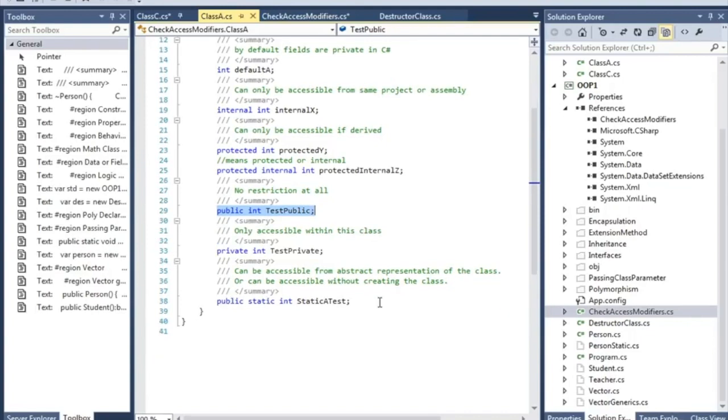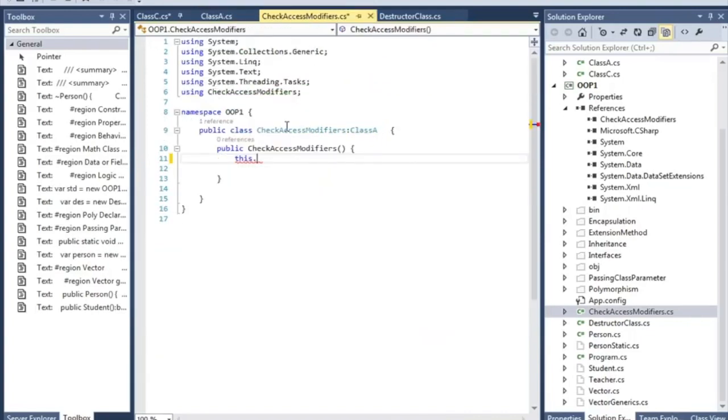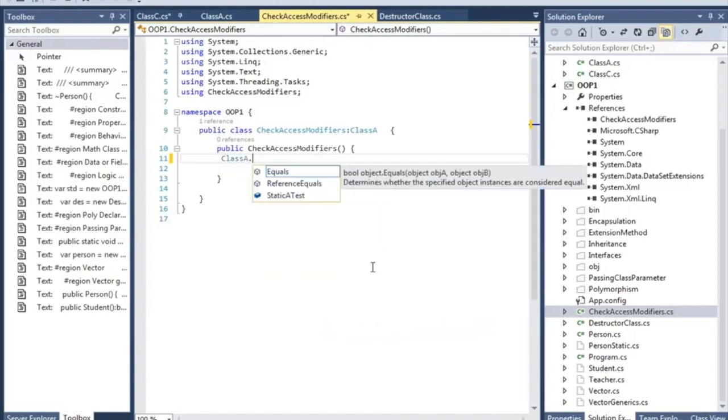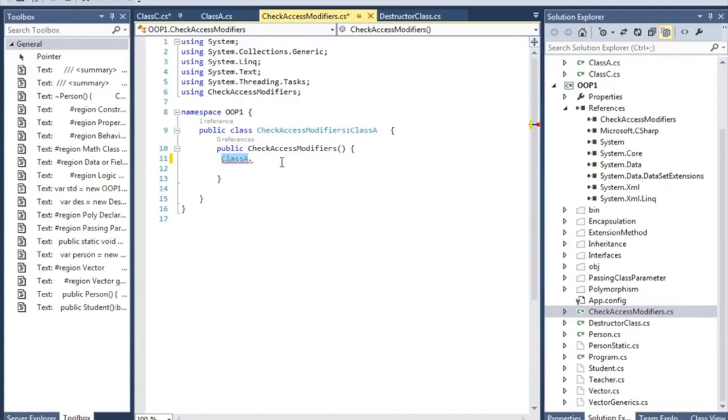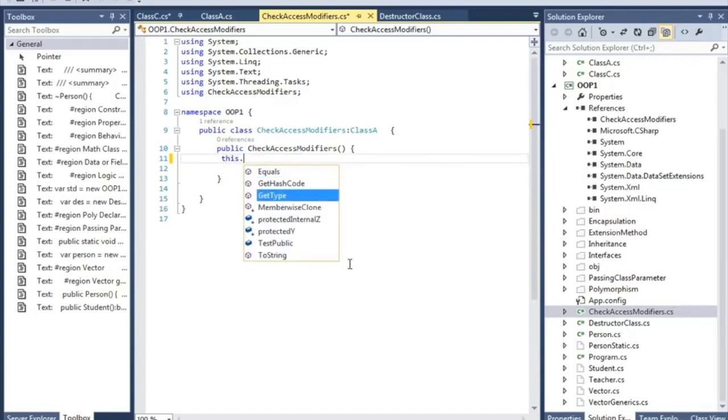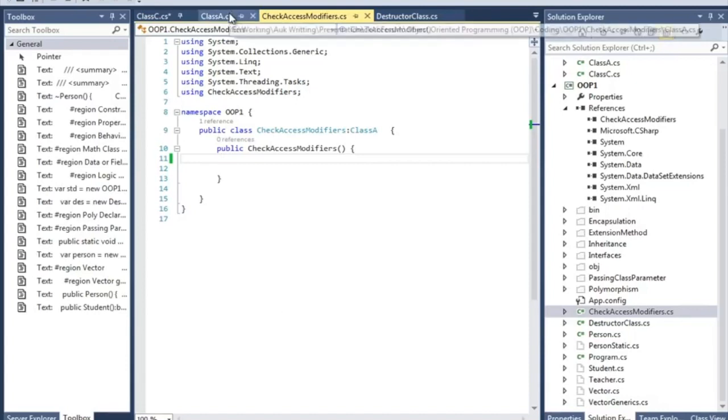So we have static as well. To access a static member of a static class, you just say the class name and then dot, and get the static member. You cannot get it through an instance. After inheriting, you can only access it by its class name, if you remember from the static modifier lesson. So that's it about access modifiers. If I missed something, mail me, but I think that's it.